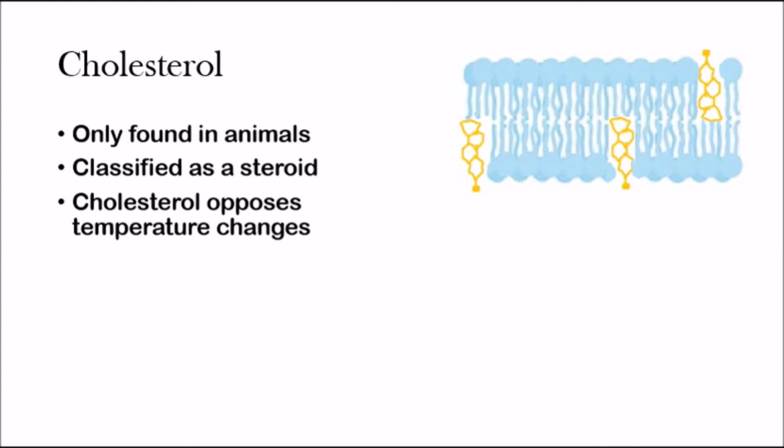Okay, so in the summer, we know that we have high temperature, right? So what does that mean for the lipid bilayer or the membrane itself? Whenever you have high temperature, you have a very high fluidity. The high fluidity is bad for the cell itself, because what's going to end up happening is